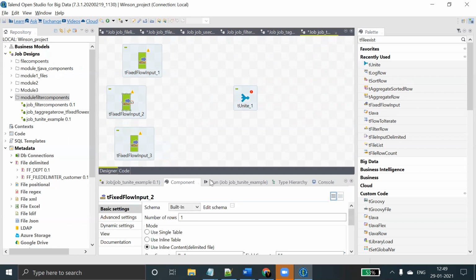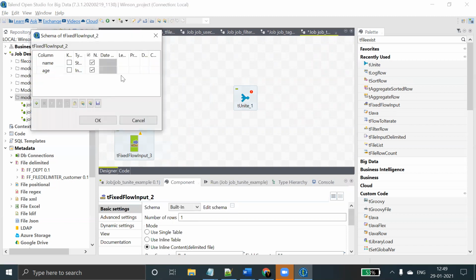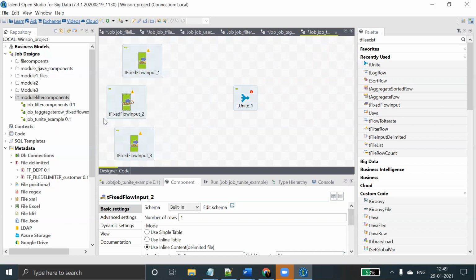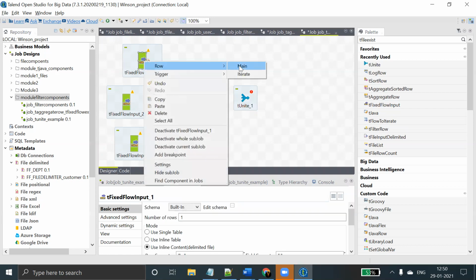Here also you can see name and age only, with matching data types. That should be the same, otherwise it will not merge properly. Okay, so right click, row main.